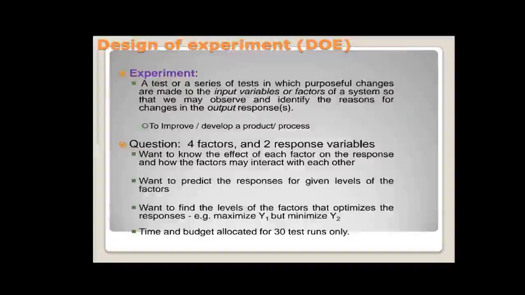So if I want to design an experiment, I will have only three basic pillars. The first pillar is the input parameters. The second pillar is the process I am doing, and the third is the output. Before doing any experiment, first I should know what output I want. After I discuss the output, I will come to the input parameters and then the process. One by one, we will focus on this.